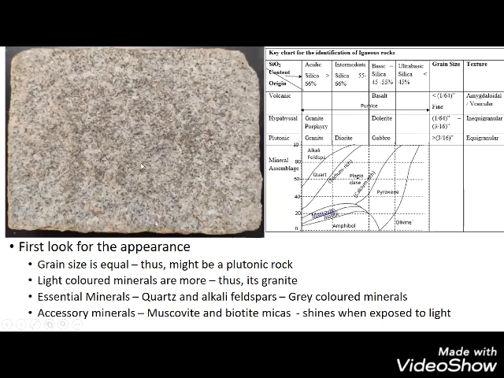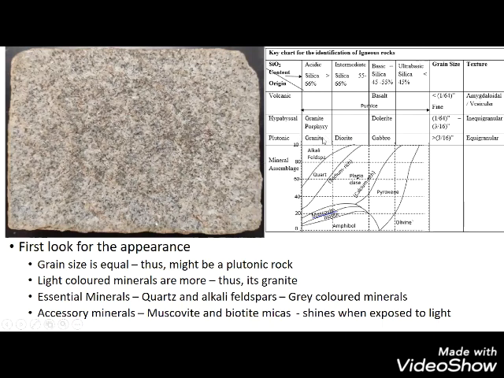Now looking again at the sample, you can see that the grain sizes are almost equal. You are not seeing any unequal grains over here, which means if the grain sizes are equal, the texture exhibited is equigranular texture. You can see equigranular texture here in the chart. So it is an acidic rock. You were confused whether it's a granite porphyry or a granite, but it is equigranular texture. Based on that, you have identified this particular rock as granite.